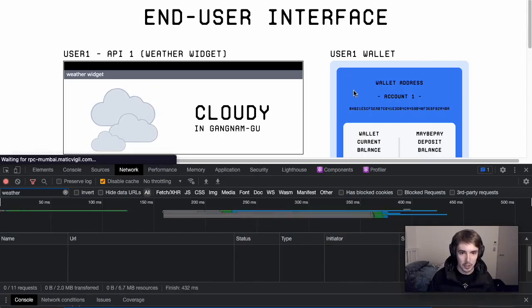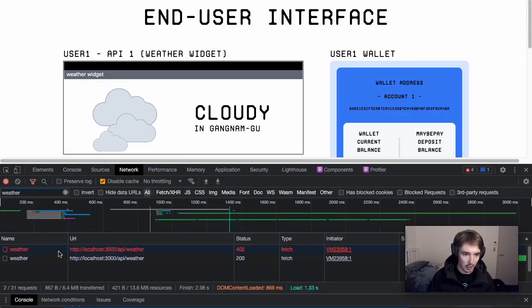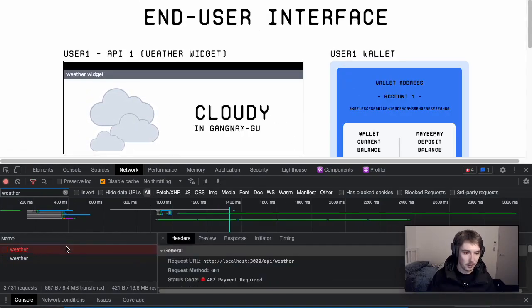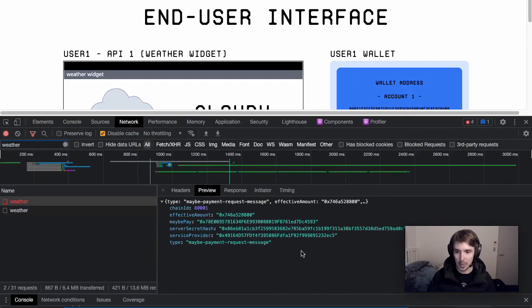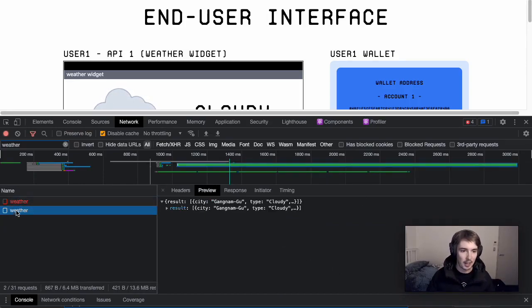If I reload this page, you'll see when this is loading, we get this 402 payment required. That's because the server is sending this information, which describes the payment that it wants in exchange for that API. And so we get this information, and we say, okay, cool, I know how to handle that, and it's within my budget. So I'm going to send a follow-up request, and this time the server actually gave us the actual